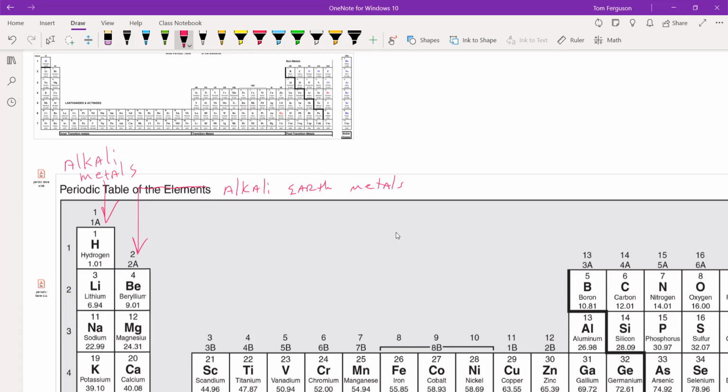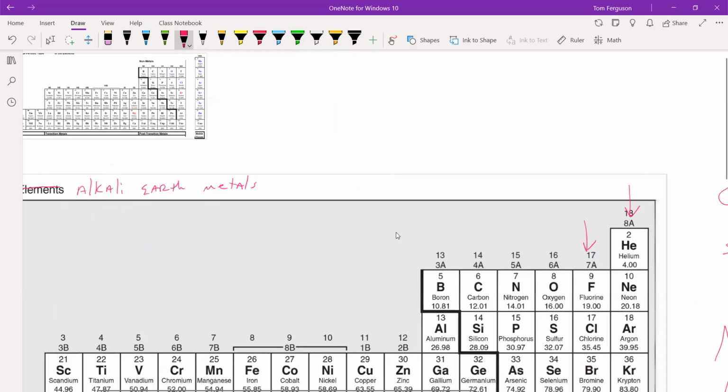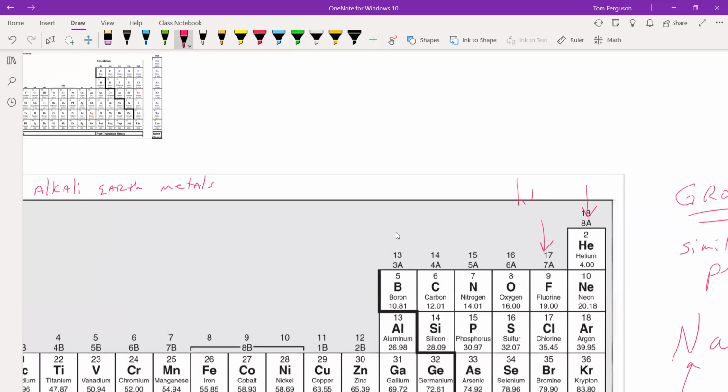And they have similar names just because their chemistry is fairly similar. The second to last one is called halogens. These last 2 are probably the most commonly referenced. Halogens, and the other one is called